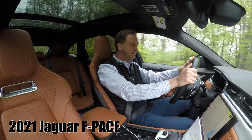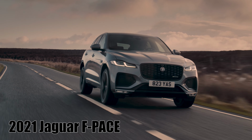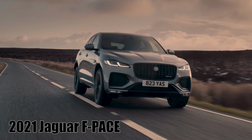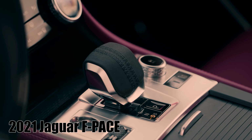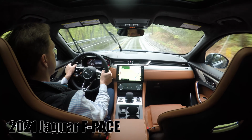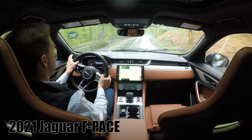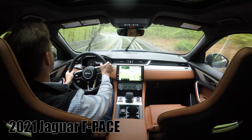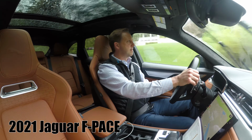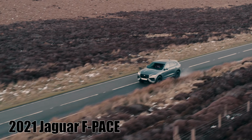supercharged V8. With a 48-volt lithium-ion battery storing energy generated when slowing and braking, and then using it to assist the engine and provide smoother start-stop operation, this new arrangement achieves significantly better highway fuel economy, a 17% improvement, and 2 mpg overall in combined driving. This F-Pace will put away 60 miles per hour in 5 seconds flat, a tenth of a second quicker than